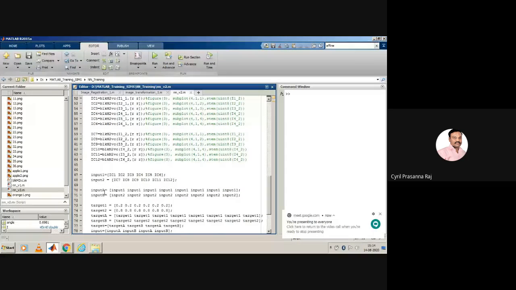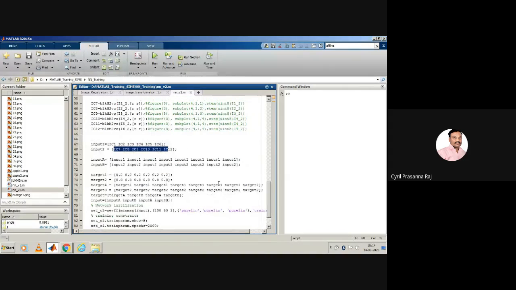Then we define input A, and we repeat input 1 several times, almost eight times. Why am I repeating it eight times? Because we have a very limited database, only six images of number one. I need at least 20 or 30 images of number one. Instead of drawing the number one in Paint to create 30 images, I'm reusing the same images. Similarly, input B is number three, again repeated multiple times.